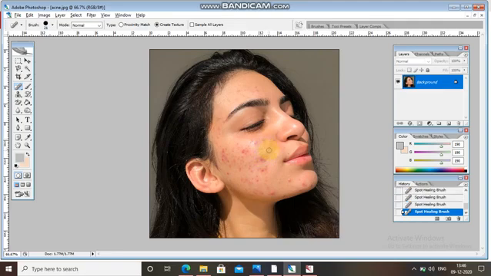Start clicking the area which has that spot. Click on the spots. Okay, and clean the face.